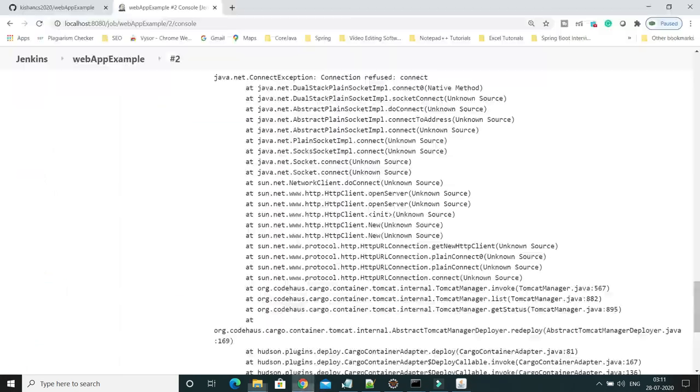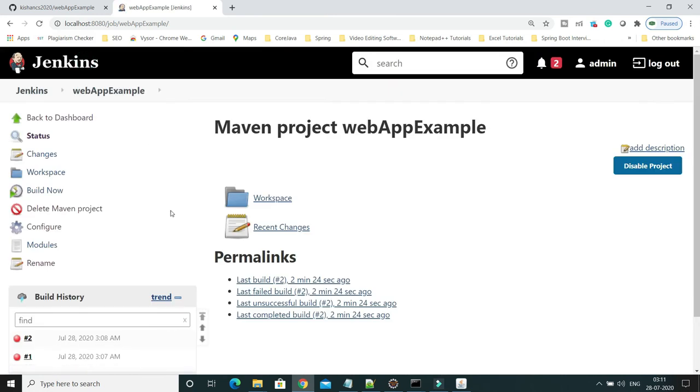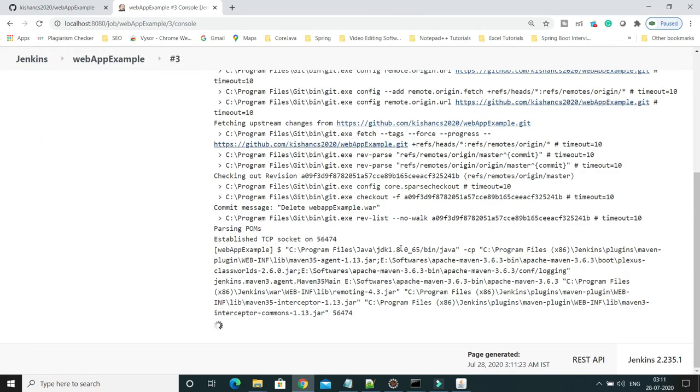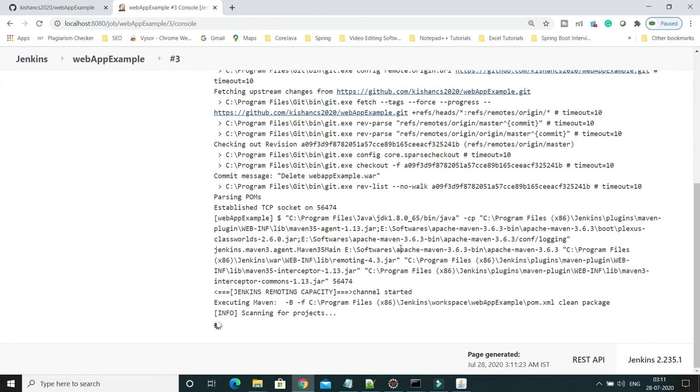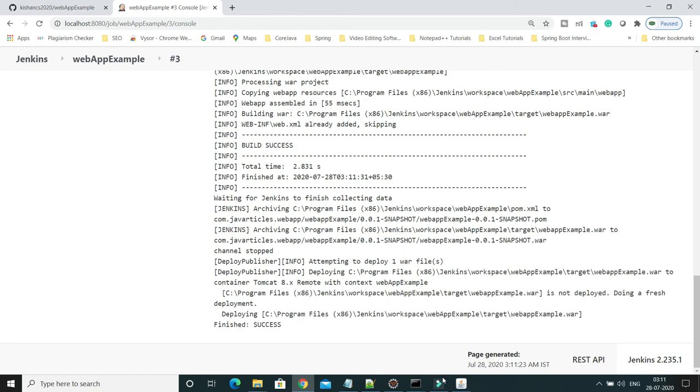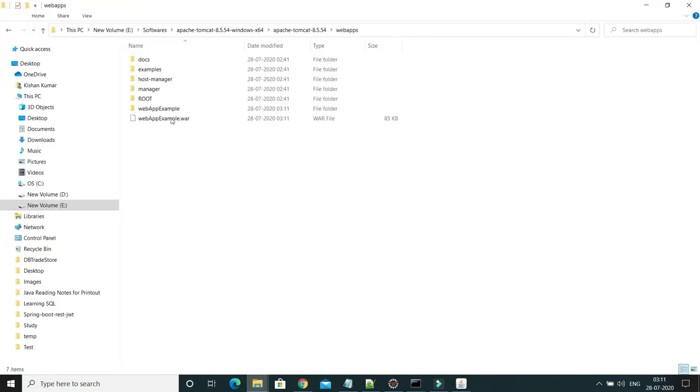Now I go to rebuild the project. If I try to build again, this time it should succeed. Make sure that your Tomcat is up and running, else deployment may fail, right? So this time deploying on the Tomcat is fast, right? If I go to webapps, here you can see deployment is completed. Earlier I had started Tomcat, but that window was closed, and that's the reason. So here you can see that deployment has happened, right?